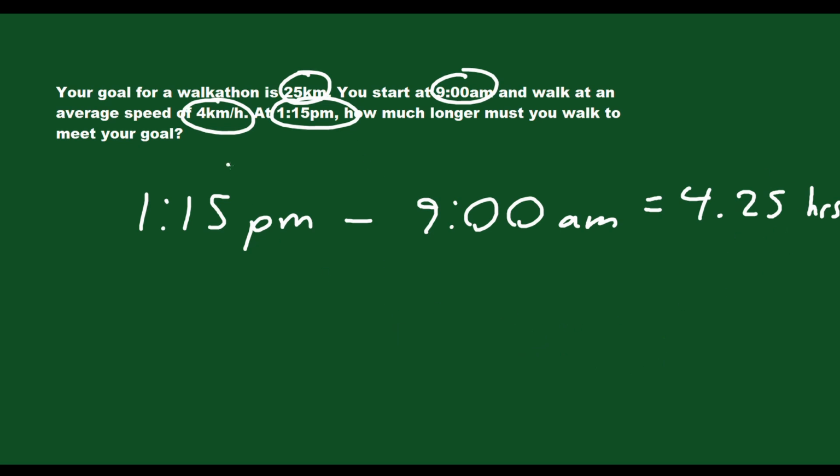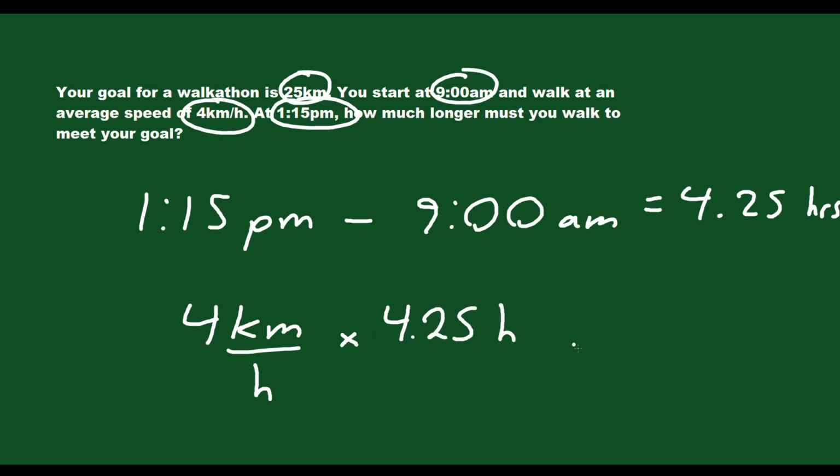Now, we also know that your average speed that you walk is 4 kilometers per hour. So if I have the amount of hours I've been walking, and I know how fast I can walk, can't I figure out with those two pieces of information how far I have walked in that time, right? Let's set it up this way. So I have 4 kilometers per hour. That's my speed. I can multiply that by